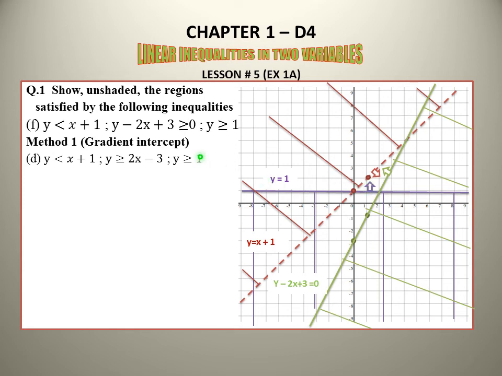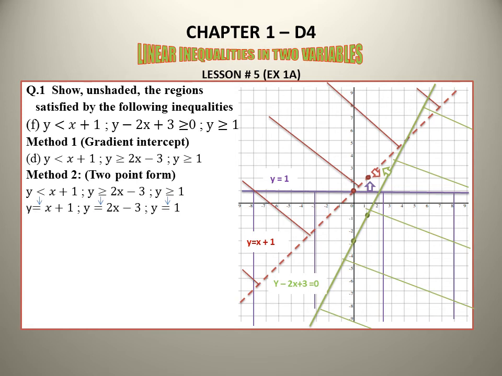So this is method 1 to draw the graph of these inequalities, and then finding the defined region and shading the unwanted region. Similarly, we can use a second method, that is we will find the associated equation for each inequality. So this is a non-vertical line, this is a non-vertical line, written in gradient intercept form. Both inequalities have x and y, so we will find 2 points on this line and 2 points on this line.